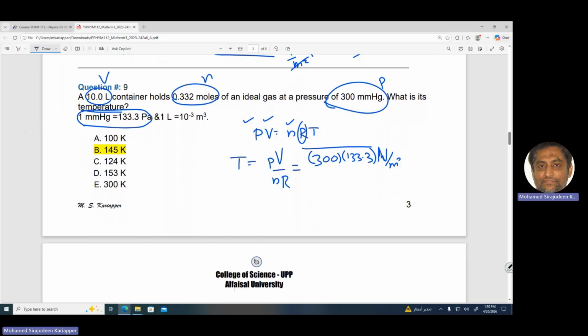Then volume is 10 liters. Liter is not SI unit. Meter cube is the SI unit. So you have to convert the volume to meter cube. It is given as 10 liters, so it will be 10 multiplied by 10 to the minus 3 in meter cube. Divide by N. N is 0.332, that is the SI unit for N. Multiply by R. R is